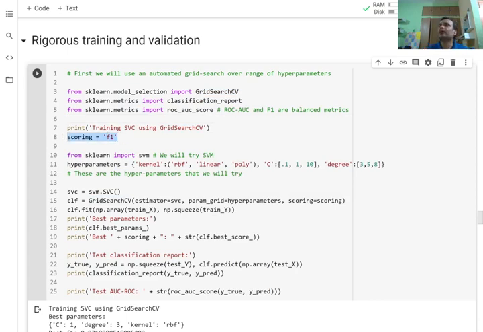So if we are looking at binary classification, we can always look at accuracy, but accuracy may not always be a good measure. So let's say one class is much more prevalent than the other class. One class represents 90% of the data, the other class represents only 10% of the data. If you have a very dumb classifier that always says class 1, you already have 90% accuracy. So accuracy is not a good measure. You have to look at false positive rates as well as false negative rates. So a balanced metric that looks at both of them, the harmonic mean of both of them, is the F1 score. Another balanced metric is ROC AUC.